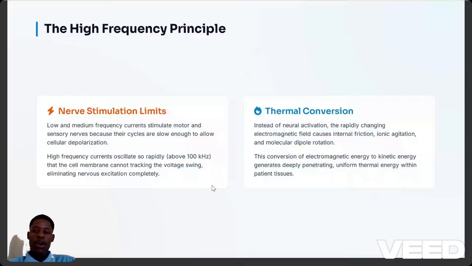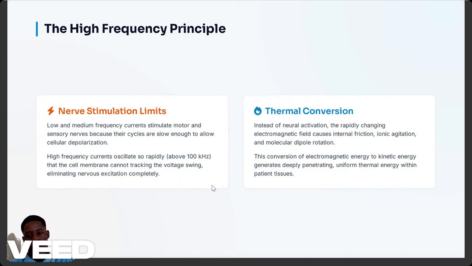So they mainly work on two principles, which are the nerve stimulation limits and the thermal conversion. With nerve stimulation limits, your everyday electrical currents like the low and the medium frequency move slowly enough for the nerves and cells to react to them. This is why they cause a tingling sensation or make your muscles twitch whenever you are hit by them. However, high frequency currents switch back and forth incredibly fast, more than 100,000 times per second. Because they move so fast, your nerves cannot keep up, and this prevents any painful electrical shock